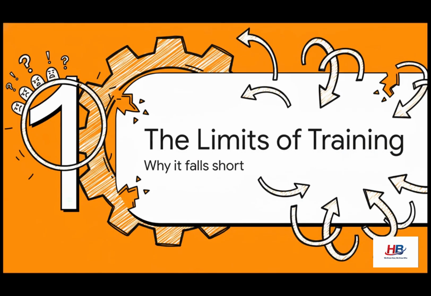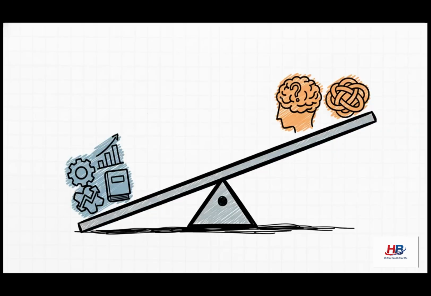All right, so let's break this down. Why do so many of these really well-intentioned, often expensive training programs just fall short? Well, it turns out they're usually missing a really key ingredient, especially for leading in the kind of complex world we're all dealing with now. See, here's the thing. Most training is laser-focused on what a leader knows. You know, their technical skills, their specific competencies. And look, that stuff is absolutely essential, but it often completely ignores the other, and you could argue, more critical side of the coin, a leader's actual capacity to think, to adapt, and to make sense of all that complexity.